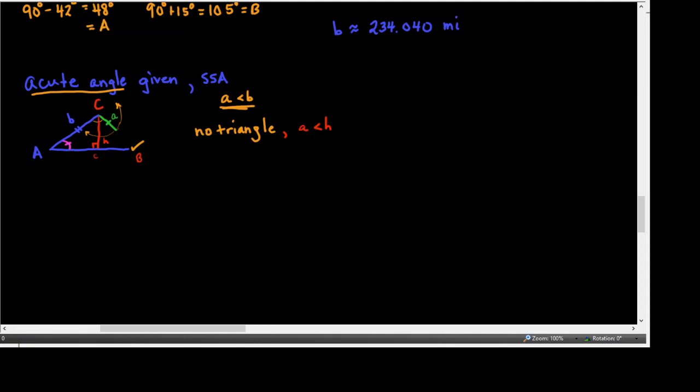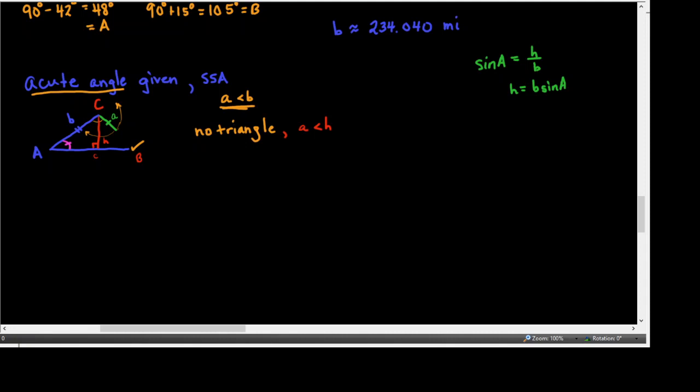Well, of course, it is true that the sine of A, since it's a right triangle, will be opposite, which is H, over hypotenuse, which is B. So if I solve that equation for H, I'll multiply both sides by B, and the altitude will always be, because it's not always called A and B and C, one of the sides that's given times